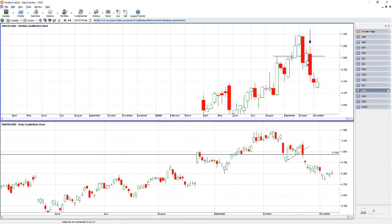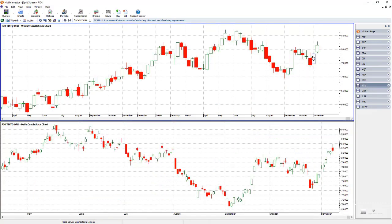This guy has been coming down, still on his way down. We don't have it turning around yet, but that was a nice pullback, enter at $6.50. Maybe the market is moving towards up. So here we are, the weekly